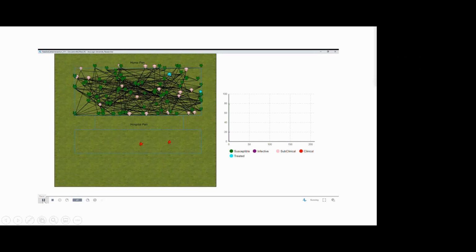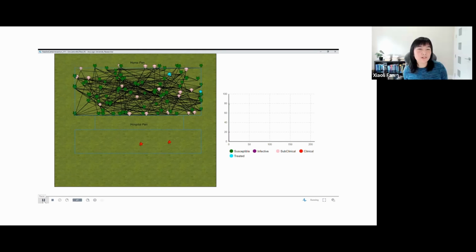So this is only for BRD? Yes, this is only for BRD. And if you want to use this model for a different disease or different animal species, then you need to update the parameter, the contact rate, and also the length